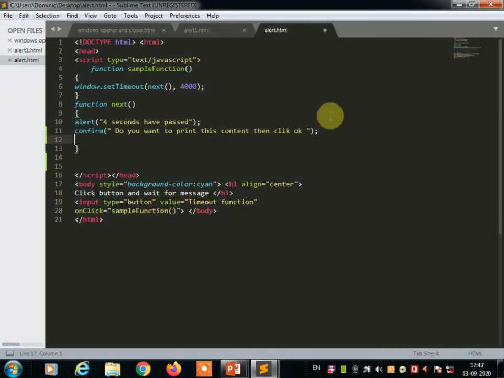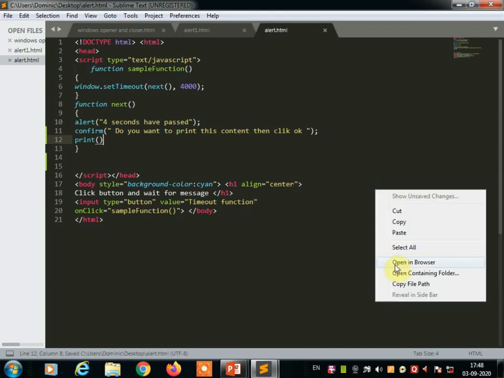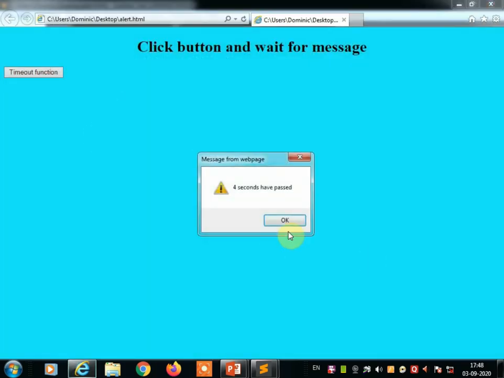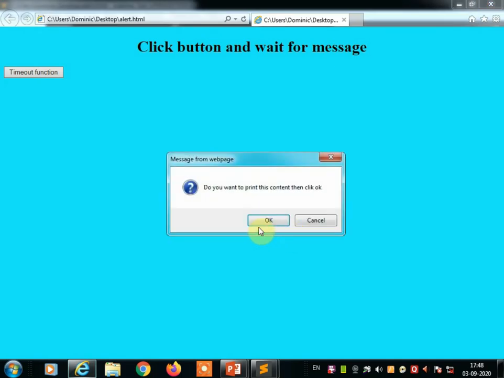Use the print method. The print method or function you are going to use like this, and once you use this function, save this program, open in the browser and check whether it is working or not. The first message comes, the second message asks do you want to print this content, then click OK.